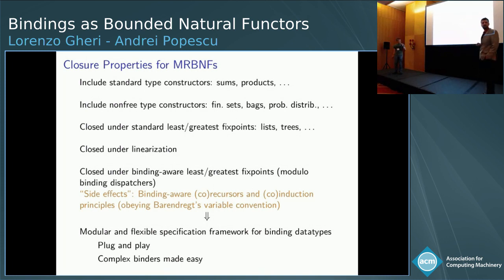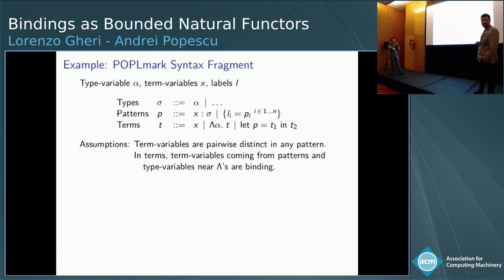Yeah, there's plenty. So, let's consider this fragment of the POPLmark syntax. We have the types. We don't care how they look; I hope our framework would work without knowing how the types look, just assuming that they export some notion of free variables. We have patterns that are either variables or, recursively, records of patterns where we use labels for fields. And the terms, this is a selection of the syntax for terms. Let's say they can be a term variable or a type abstraction or a pattern. And we assume, of course, that patterns have pairwise distinct variables.